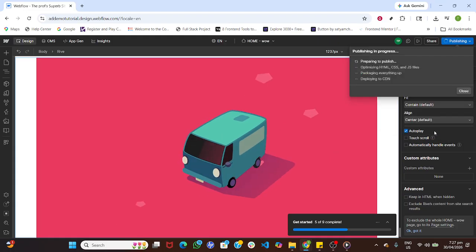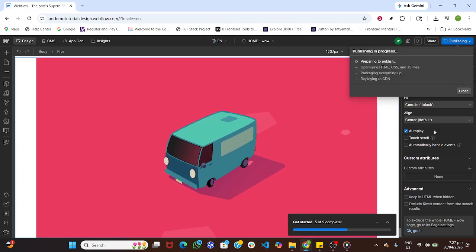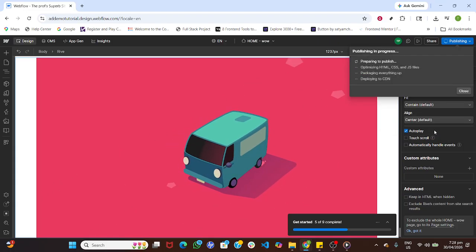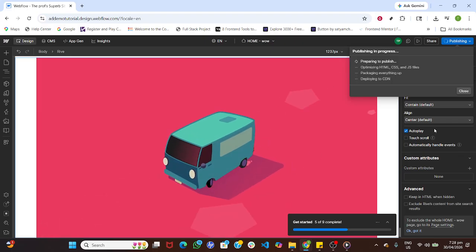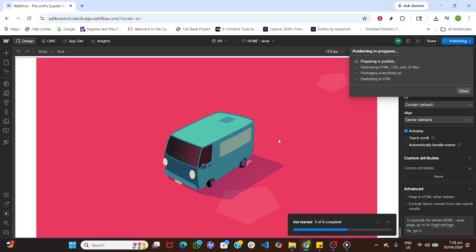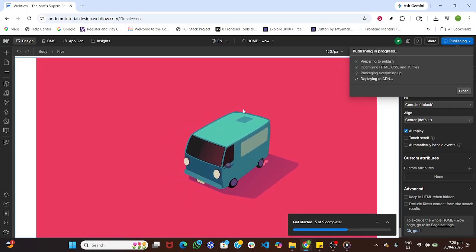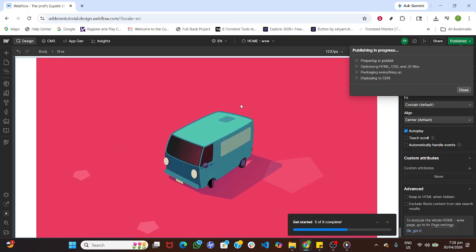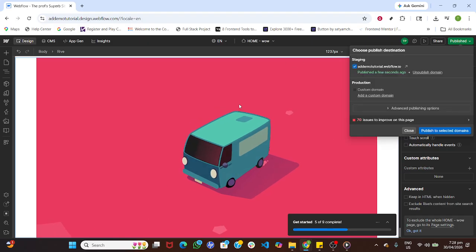When everything looks and feels right, click Publish to push your changes live to your selected domain. Give the page a quick check on desktop and mobile to confirm the animation loads, fits, and plays as intended. And that's it. Your Rive animation is now integrated into